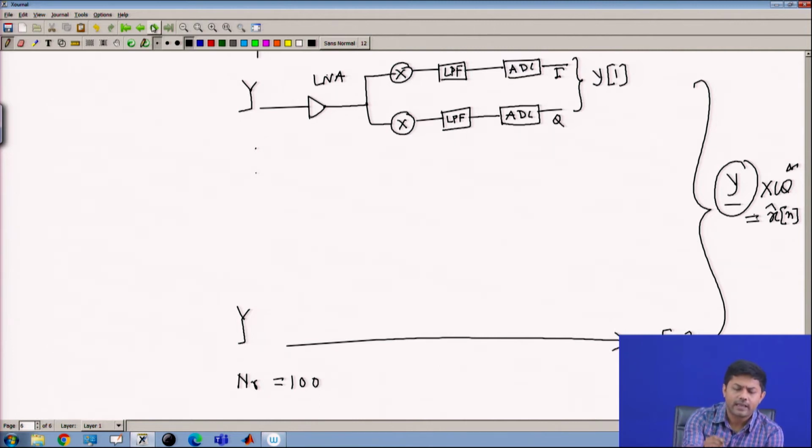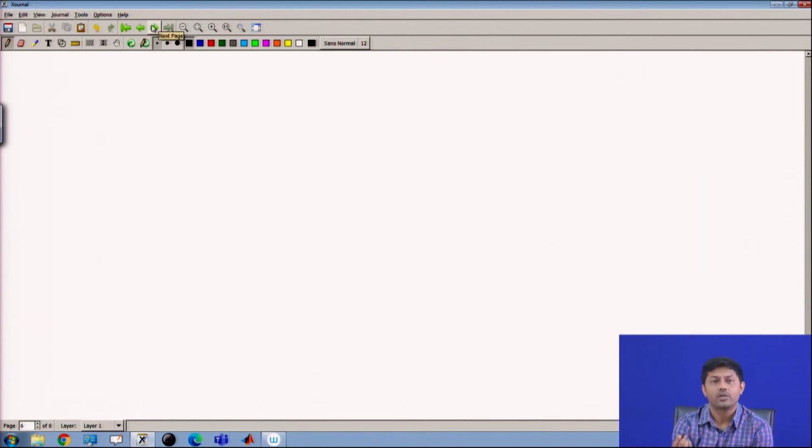You can either say MRC, maximal ratio combining. You know what MRC is. If you do not know, I can, for your convenience, explain what MRC is. This is basically simple. It maximizes the SNR in a non-Bayesian framework, and in fact it is nothing but the least square here. So, what is exactly an MRC?